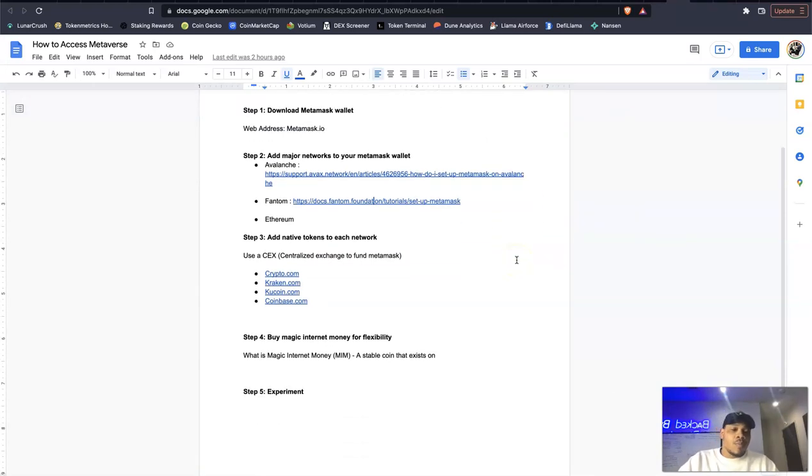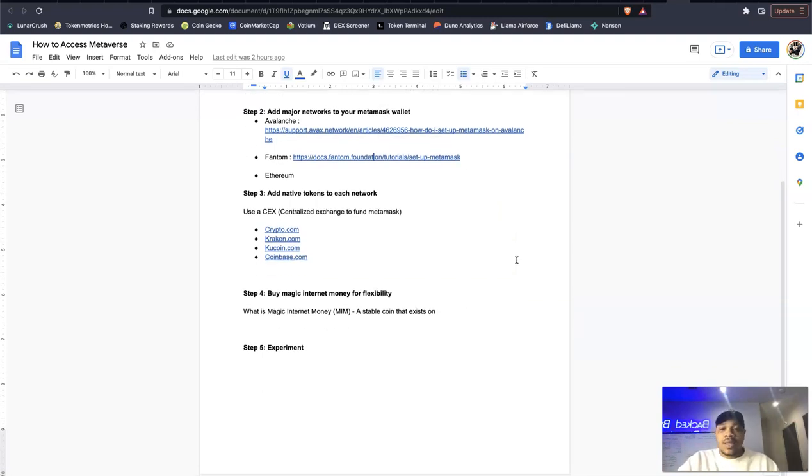So that's step 2, right? At this point, you've downloaded MetaMask, you've added the major networks. What's the next step into entering the actual metaverse? Well, the next step,